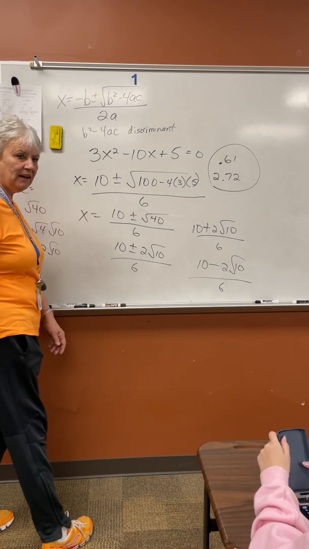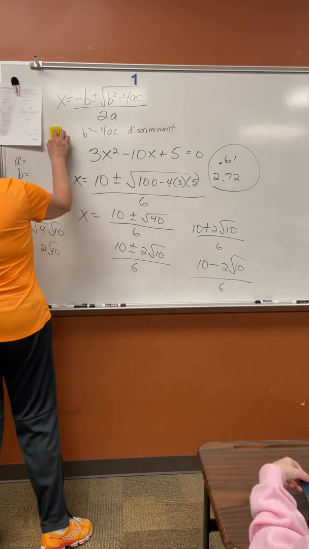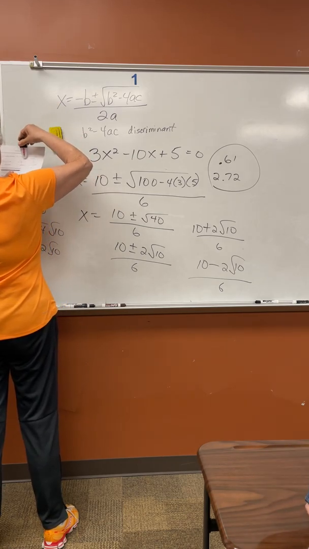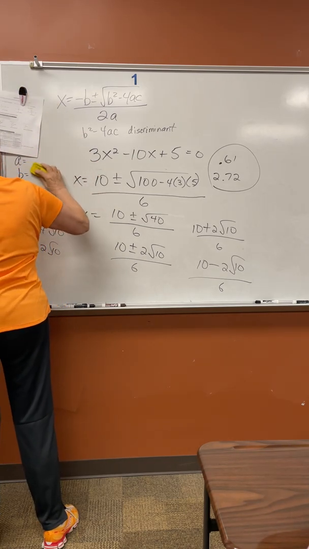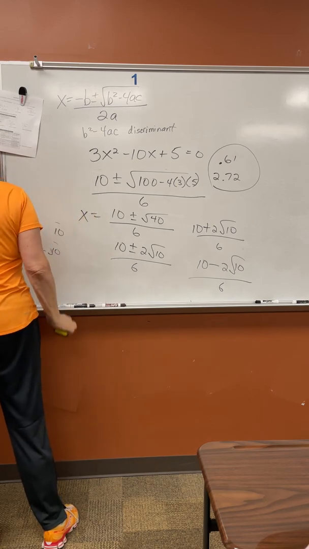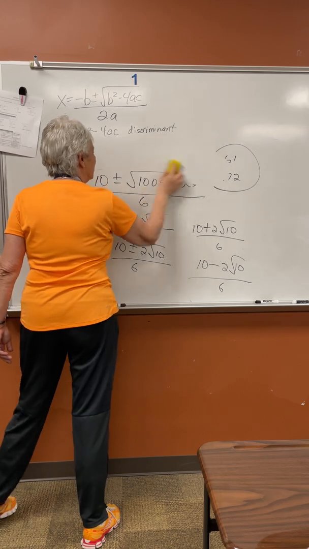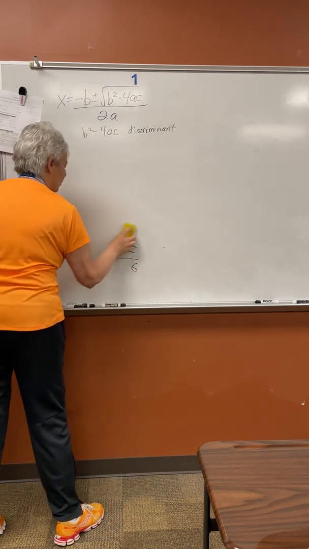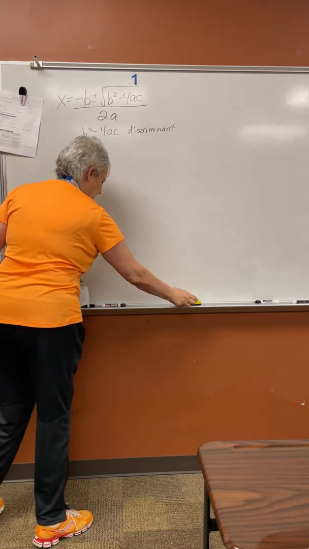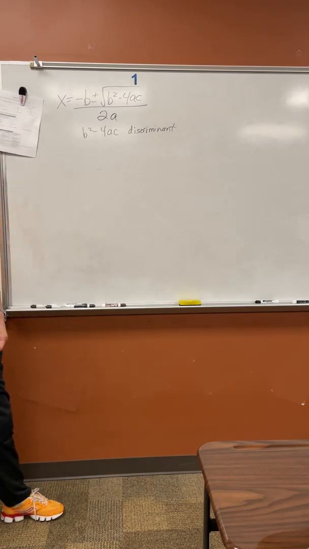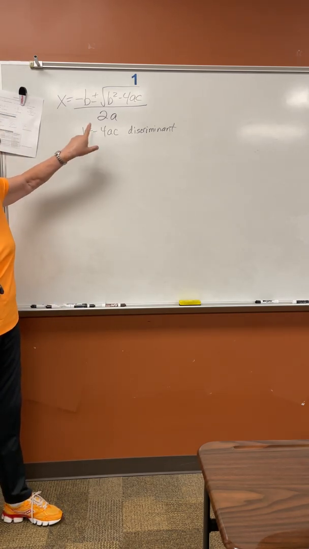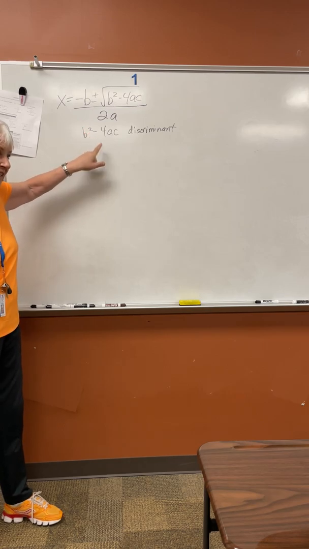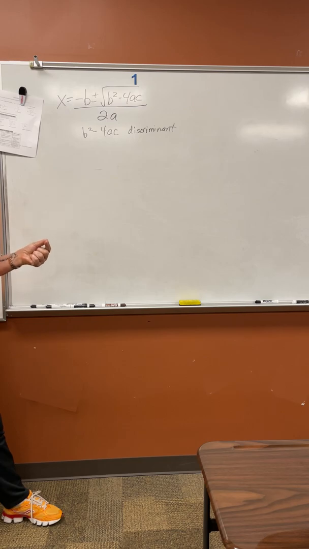Are we good? Anybody need to help each other? No? All right. Let's see what I have on the back. Oh, the back is just the discriminant. On your final, I will have a question like, how many solutions will there be? All you have to do is b squared minus 4ac. If you get a 0, how many solutions? 1. If you get a positive number, 2. Negative number,